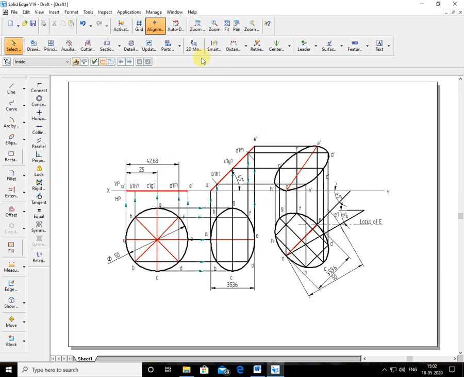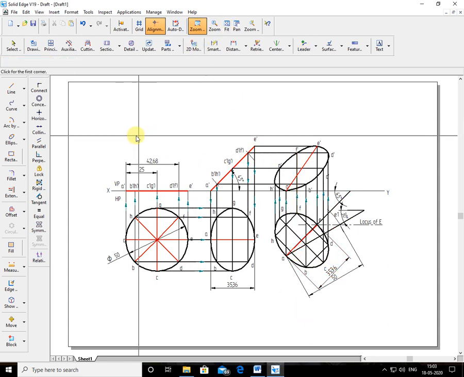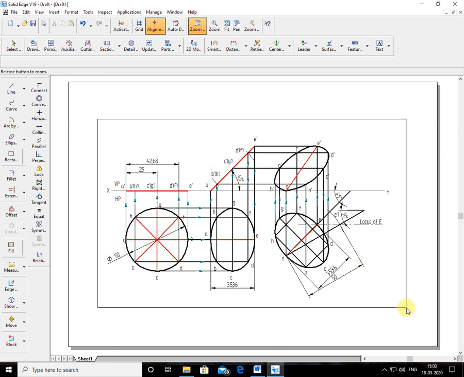So this is the solution. This problem I have taken because in circular lamina, how to divide this circle into 8 parts, and how to draw this curve, that is important. That's why I have taken this problem. Other things almost remain same, and you have gone through them already. You might have solved so many problems. Now this problem you can draw it. You can practice at home. This is a demo problem on circular lamina. Okay. Thank you.